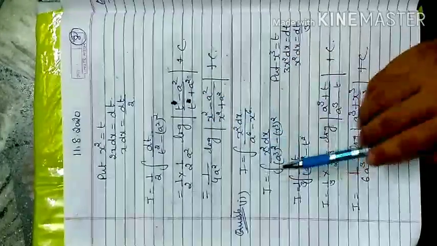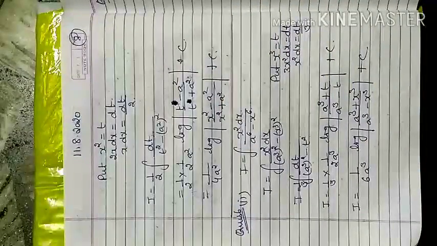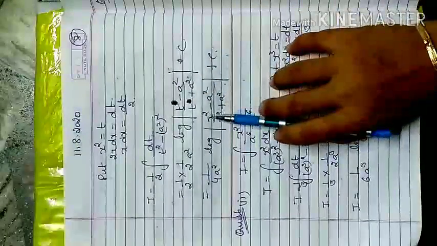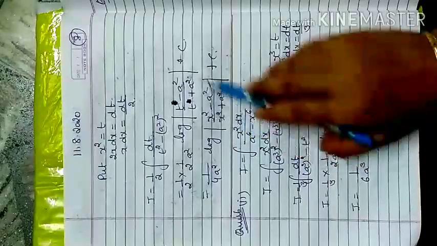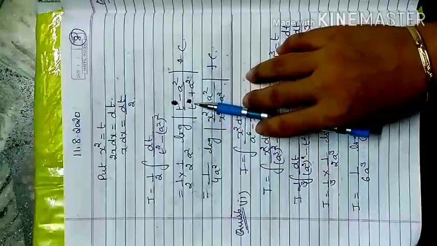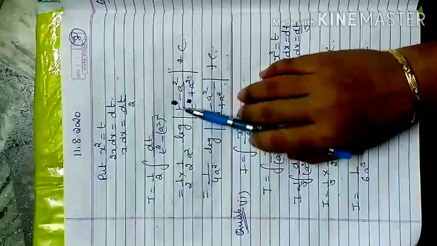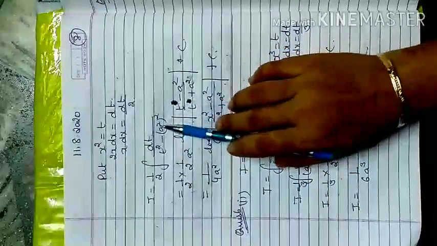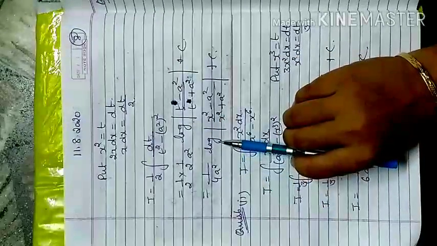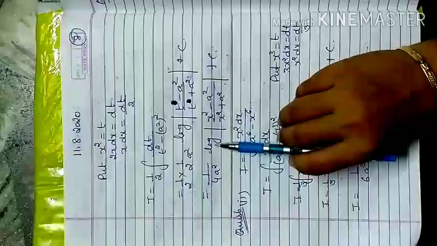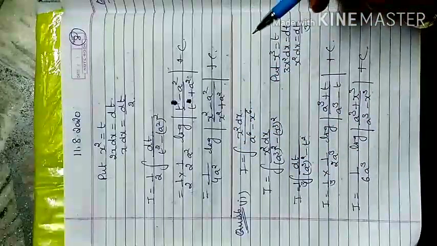Now t replaces back to x square, so this is not any power, so this is x minus a and x plus a. So t changes to x square, and here also t changes to x square. I apply the formula. According to the formula, here in place of x there is a t, so this is t minus a square because the inside term is a square. So 1 by 4 a square log of (x square minus a square) upon (x square plus a square) plus c, that is your required answer.